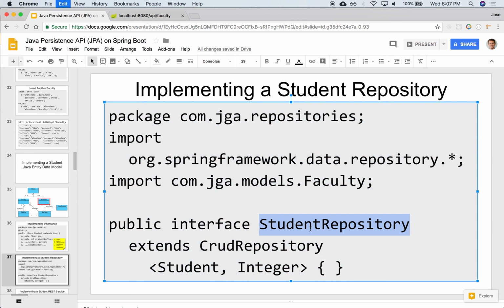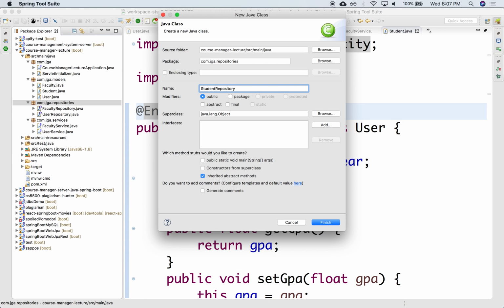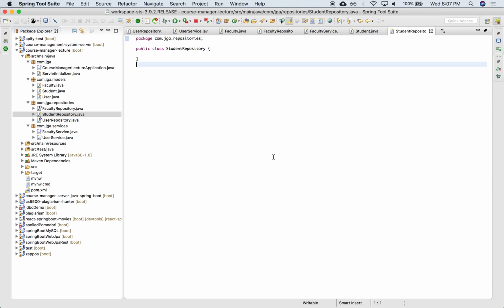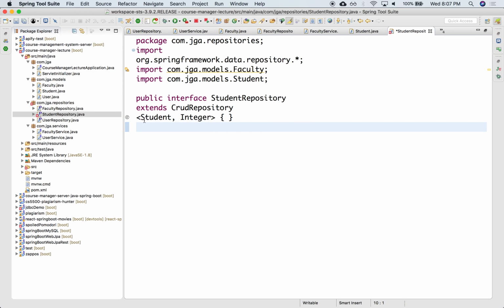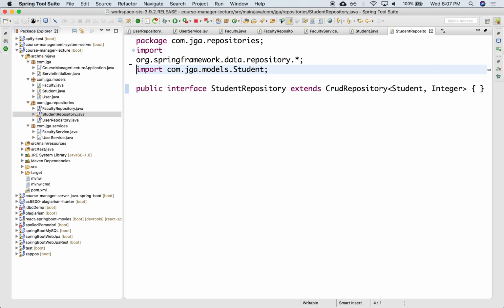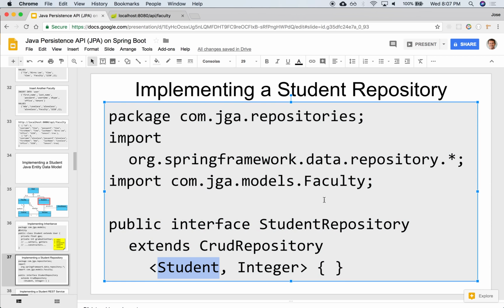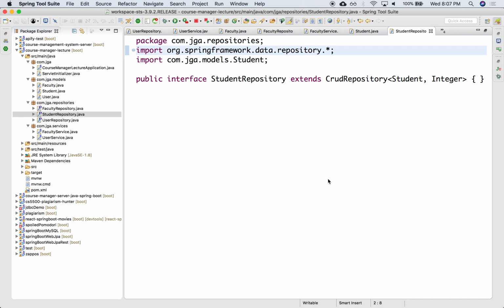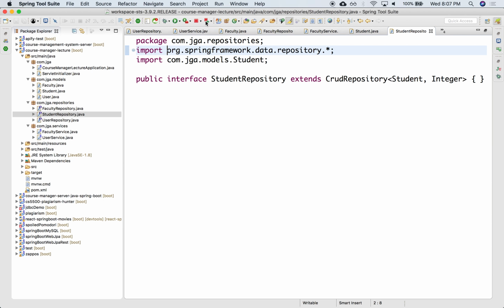So let's copy this, and under repositories, we say new class is student repository. And the content is going to be that. And we're going to have to bring the student model that we just created. And we don't need the faculty. There we go. All right. Okay, I think this should be student. Okay. All right, so we have the repository, and if we restart the server, we can